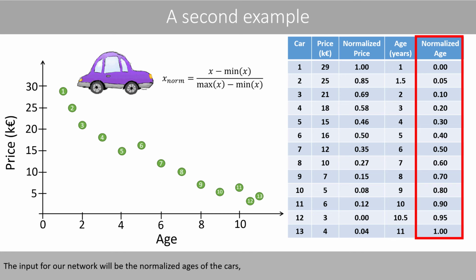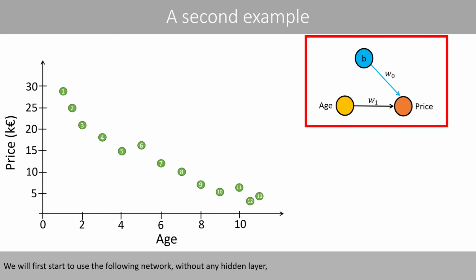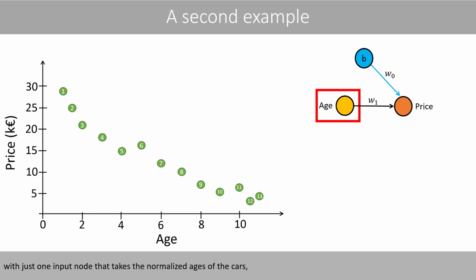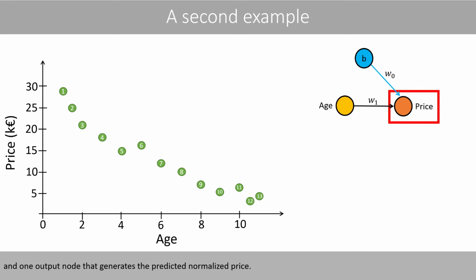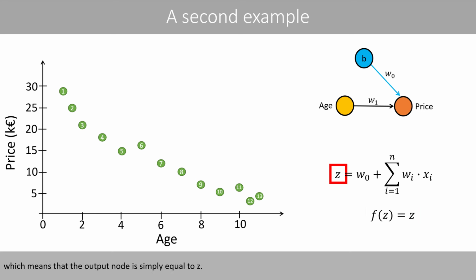The input for our network will be the normalized ages of the cars, whereas the target values will be the normalized prices. We will first start to use the following network without any hidden layer, with just one input node that takes the normalized ages of the cars, and one output node that generates the predicted normalized price. We will here use the linear activation function for the output node, which means that the output node is simply